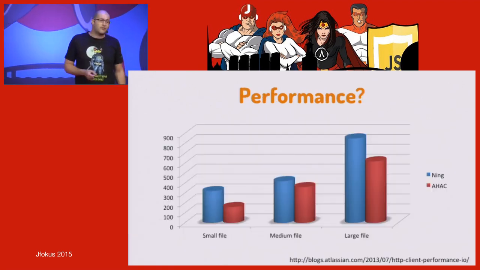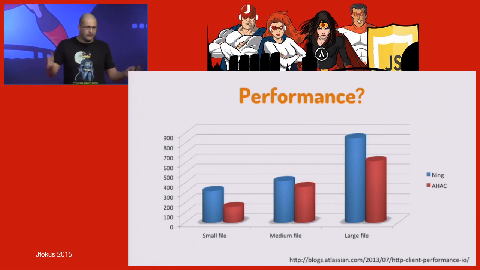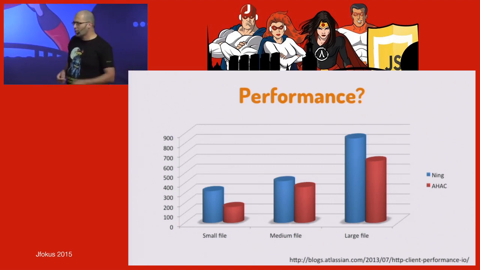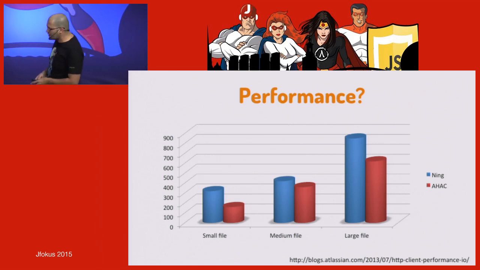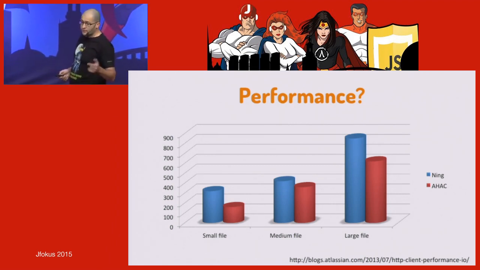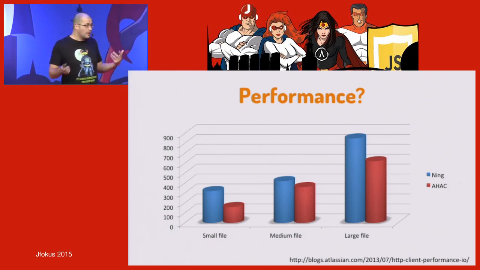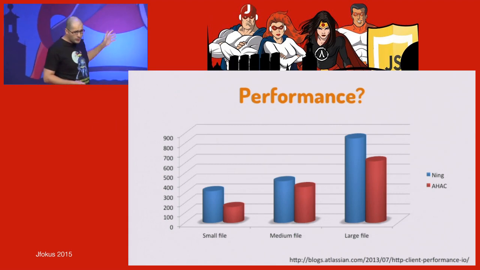Another question is performance. So, our answer was, well, we have this layer of abstraction, we don't care, we will just run and see what's faster, but there are benchmarks on the network. Actually, this is from the Atlassian blog. They ran into the same question that we did and needed to select. And according to this blog,